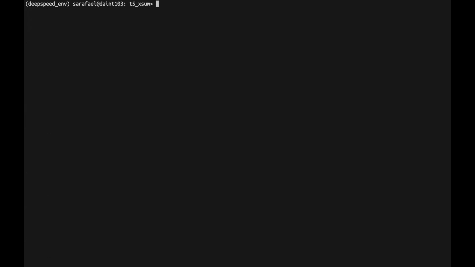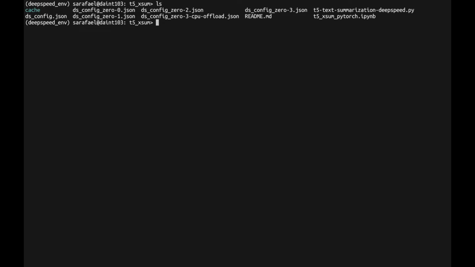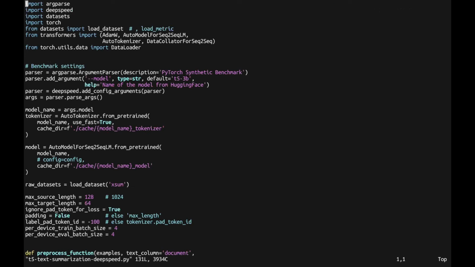So now what we're going to do is run the example. Let's go here to the repository t5x zoom, but please follow the screen instead of doing it yourself; you can do it later. Here we have this T5 text summarization DeepSpeed example that we saw before, and we can try running it with different levels of